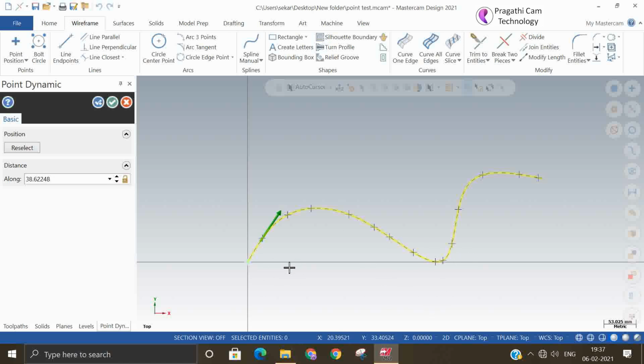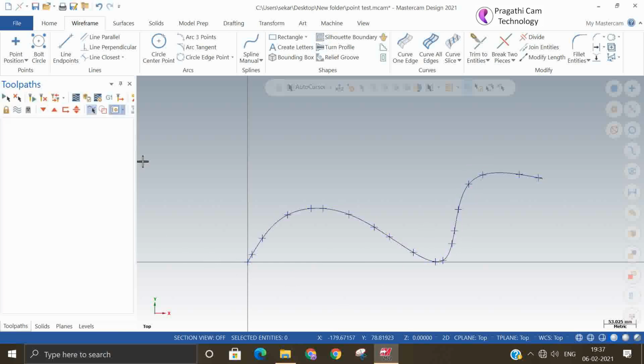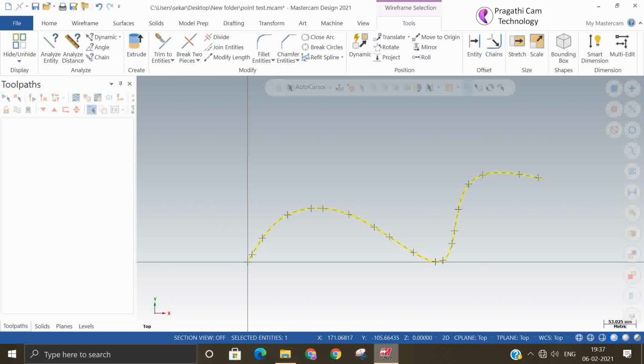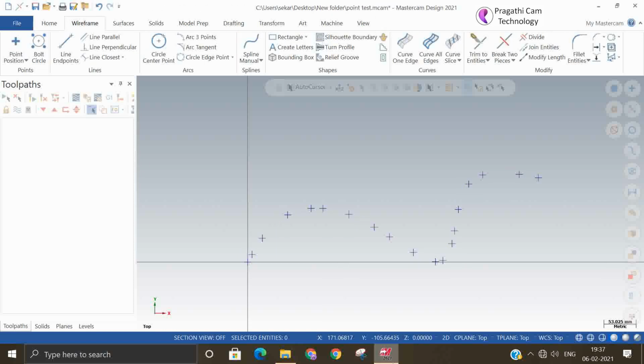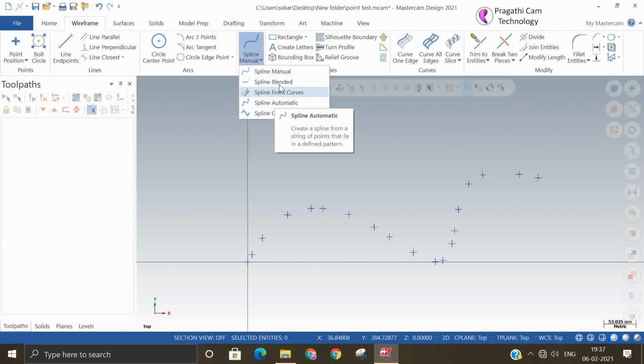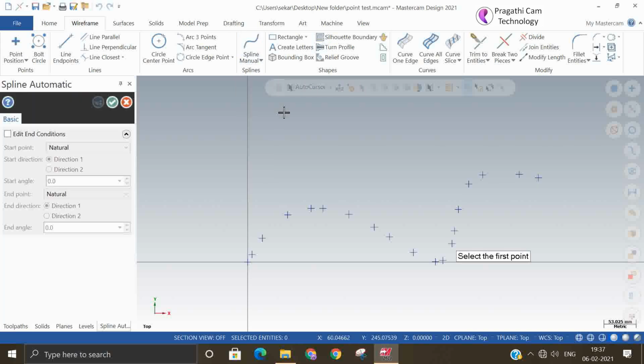Sometimes it may be useful. Suppose you get a spline but its quality is not good, and you cannot utilize it for programming. In that situation, you can make points by dynamic, then delete the other curve, then make the same spline again by automatic spline.